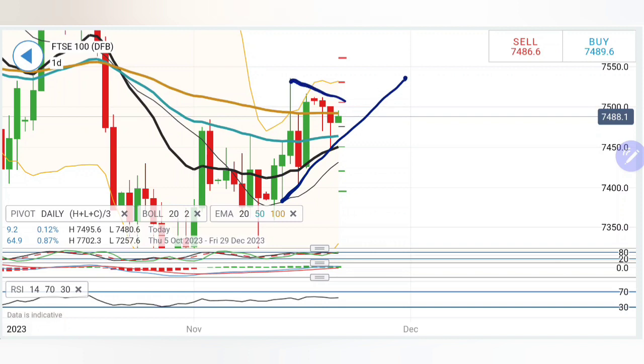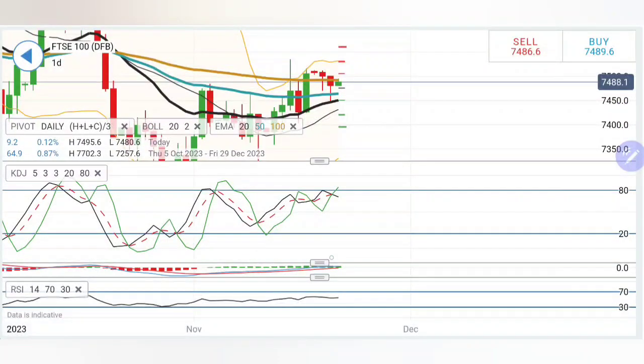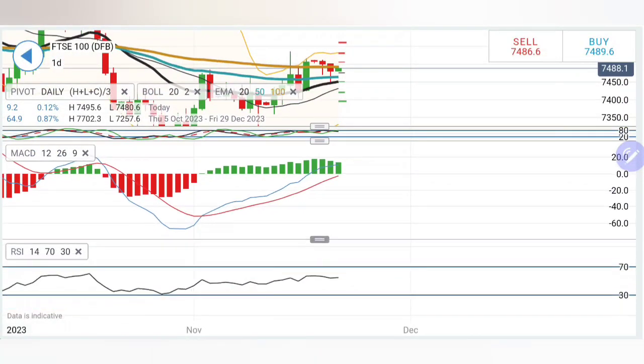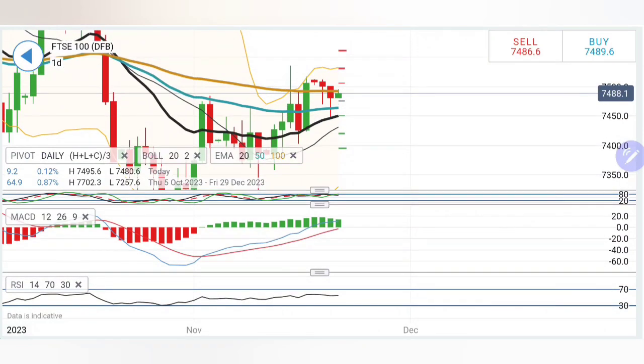Yes, a breakout is what you should look forward to. It is consistently yielding higher lows, lower highs. Thus, it is a consolidation which is going on. We have to wait for a breakout. Stochastic near to top, MACD is in green, RSI flat. Thus, if you are buying, first of all, you can buy here at 7500, but with the caution note that 7510, 7520, these two very nearby levels, it has to break, and only above 7520, you can treat this as a bullet. Beyond 7520, do not think of selling UK 100,